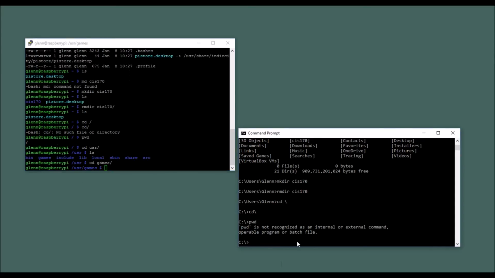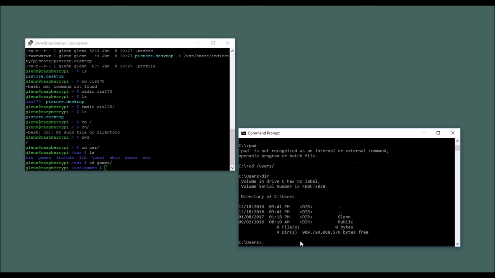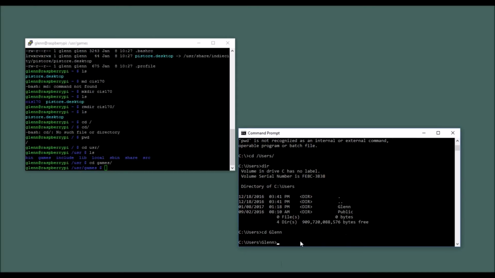When we're looking at the full path, let me cd users Glenn. Oh, I don't know what I did wrong there. That's kind of weird. Let me see why that didn't work. Huh, no idea. Anyway,